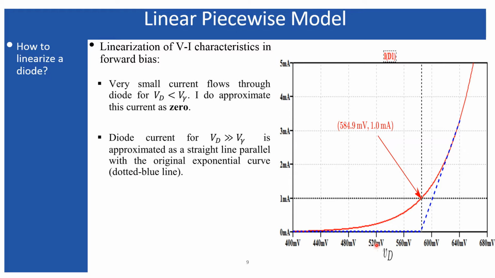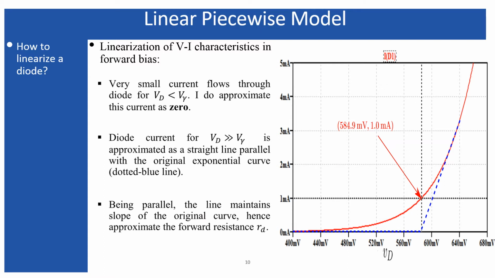Next, when the diode voltage gets larger than its cut-in voltage, then the VI characteristics increases exponentially. This is for a non-ideal diode. Now that thing we can assume by a straight line as I have shown over here. If I consider the straight line parallel to the original response of the diode, then I can say that within a particular region of the operation, say for example, the diode is operating within a particular region over here.